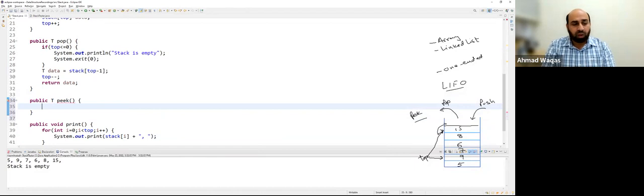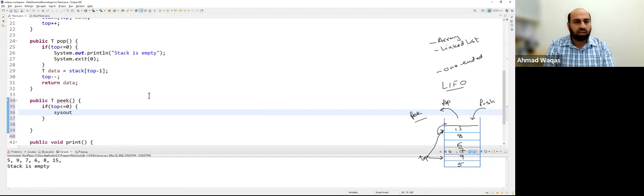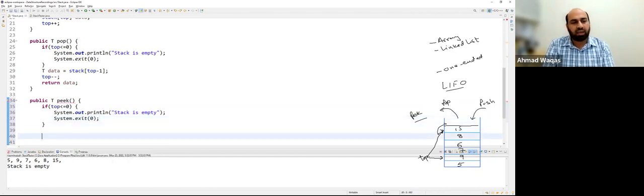So what we are going to do is the same thing. If top is less than or equal to 0, we are going to print a message, sys out, stack is empty. Otherwise, let me just do the exit as well, system.exit with 0. And in the other case, return whatever is at top minus 1. So do not decrement top here. We want to keep top at the same position, but we just want to return whatever is on top